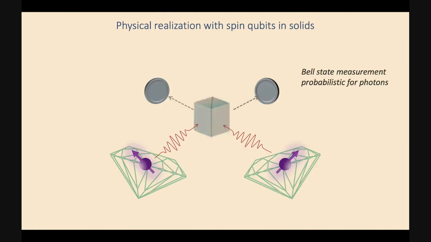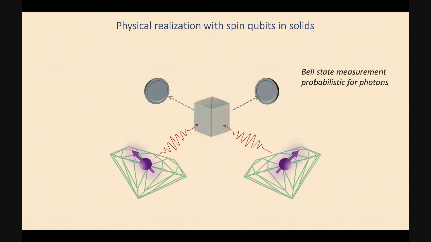So the way we can entangle 2 qubits located in 2 different diamonds is shown as follows. Imagine that each of these diamonds is very far away from each other. And each of these emits a photon in a way that you create a Bell state between the spin qubit that's located in the diamond and the photon that's emitted. And then these photons are guided, let's say, through an optical fiber each to a common location. And in that common location, you do an experiment where you pass these photons through a beam splitter, and then